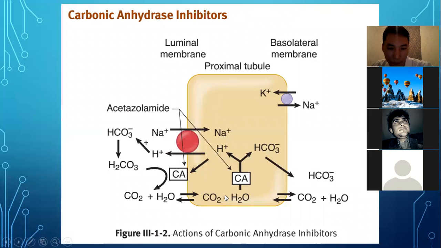They are going to be passing through, because carbon dioxide has a nonpolar property. So nonpolar substances can easily pass through the cell membranes, as we remember. Now, after passing through, inside of the cell there is also another carbonic anhydrase 2, which converts them back to hydrogen plus ions and bicarbonate minus ions too. And hydrogen plus ions are going to be reversed back. They are going to be entering the luminal membrane part, the lumen of the